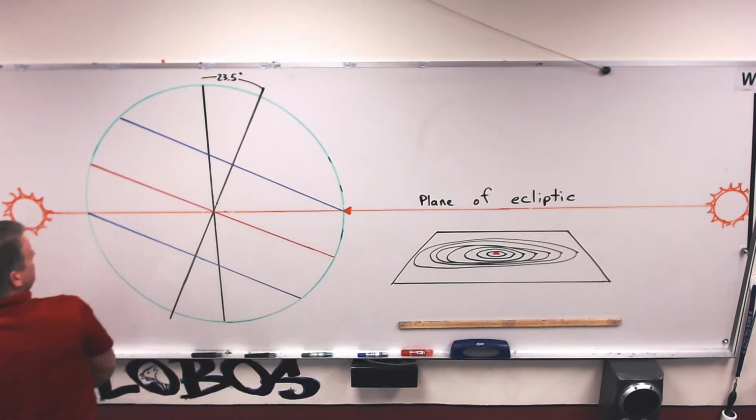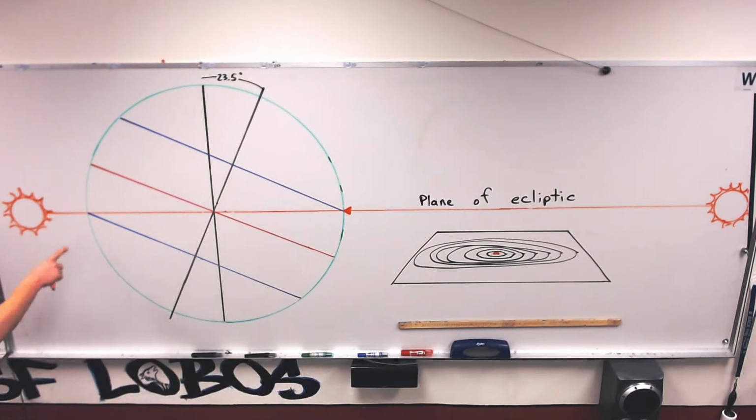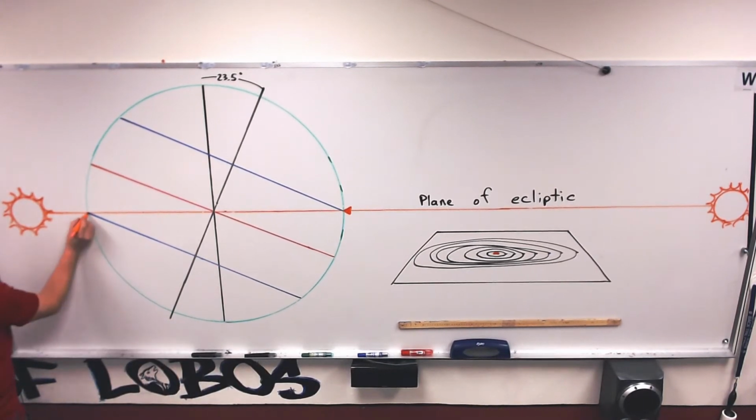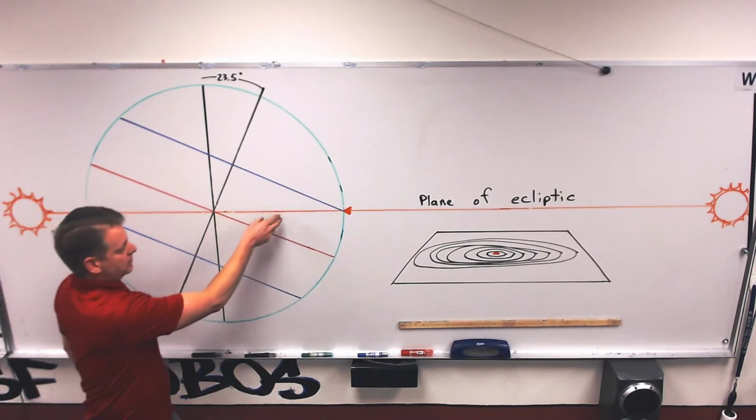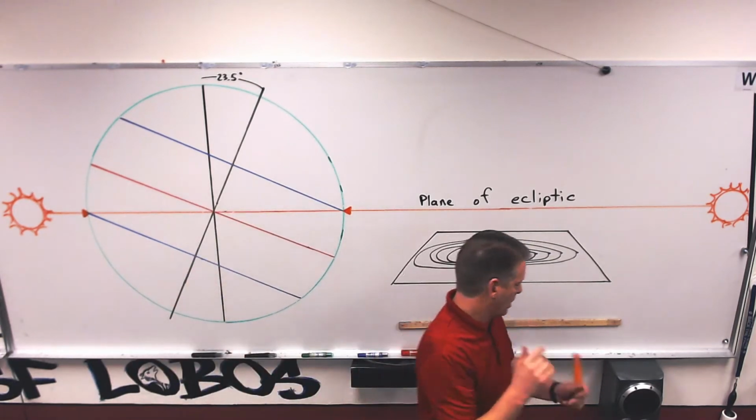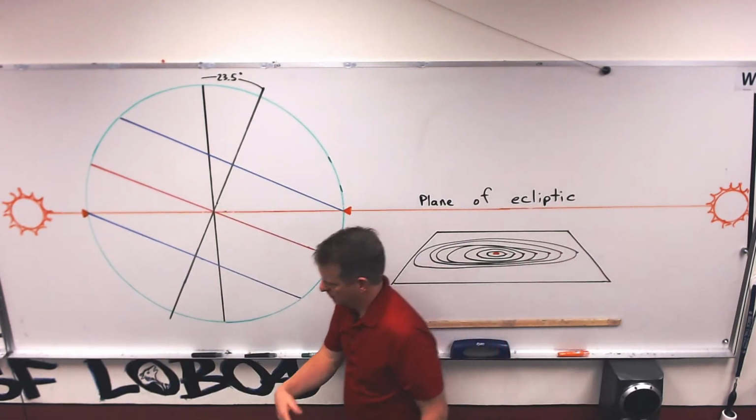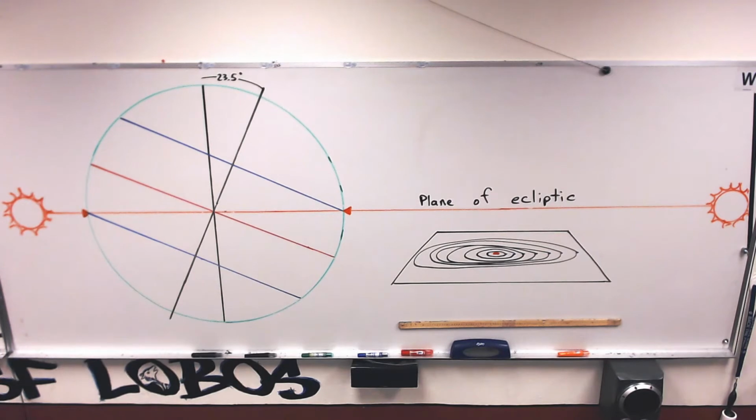Right. And as we go around, the sun ends up over here. And you see that orange line? The sun never deviates from that orange line, ever. If you could walk on that orange line across the globe, the sun would always be over your head all year long. So, yeah,